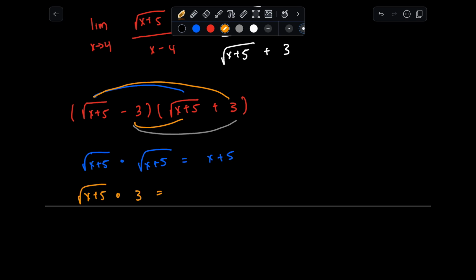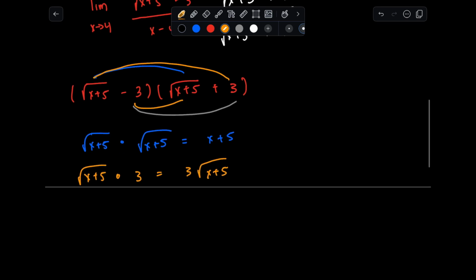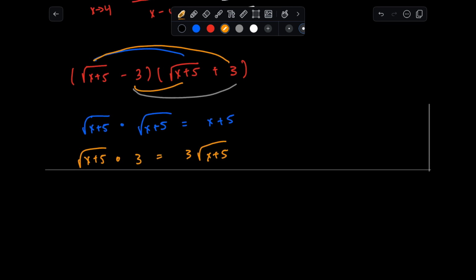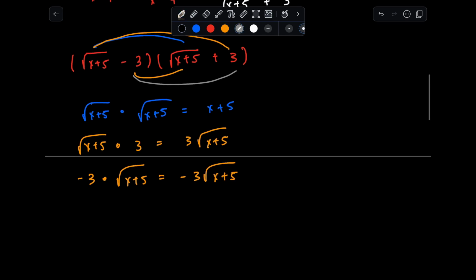We'll just go ahead and have 3 times the square root of x plus 5. Now, for the second orange part, you'll have negative 3 times the square root of x plus 5, which is just negative 3 square root of x plus 5. And then for the gray part, 3 times negative 3